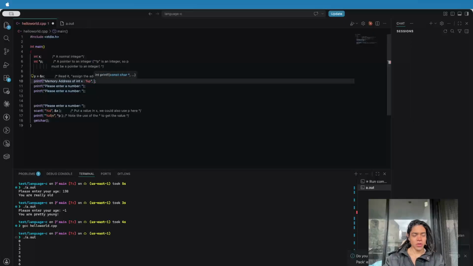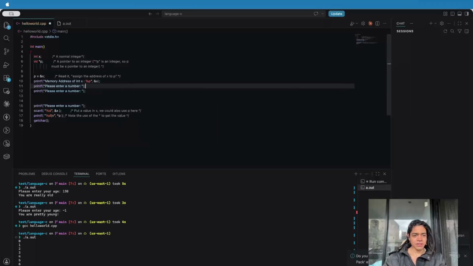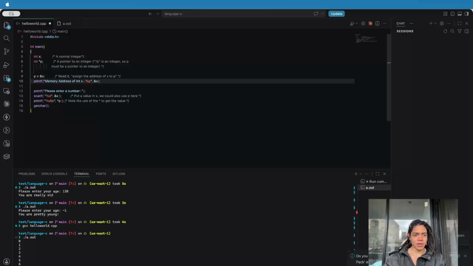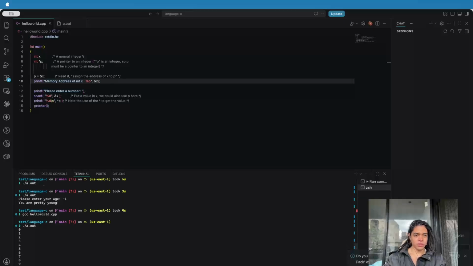So let me look at the address here using an ampersand of x. Let me look at the memory address of x here. So once I compile this code again,